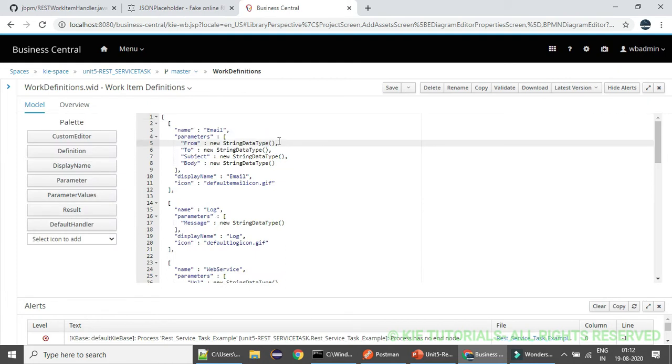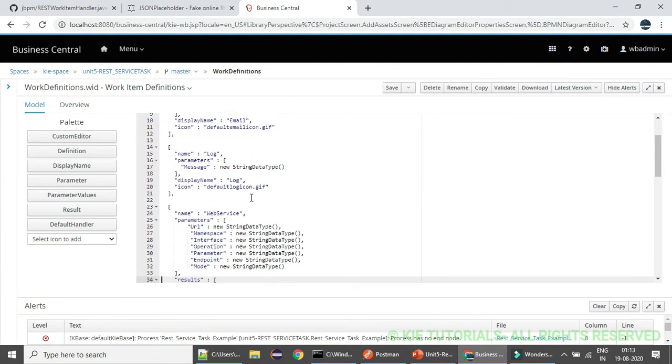A service task can be called a work item definition. In JBPM terminology, this service task can also be called a work item handler. So for that work item handler, work item definitions will be registered here: the name of that particular work item definition, what parameters are going in and what parameters are coming out.